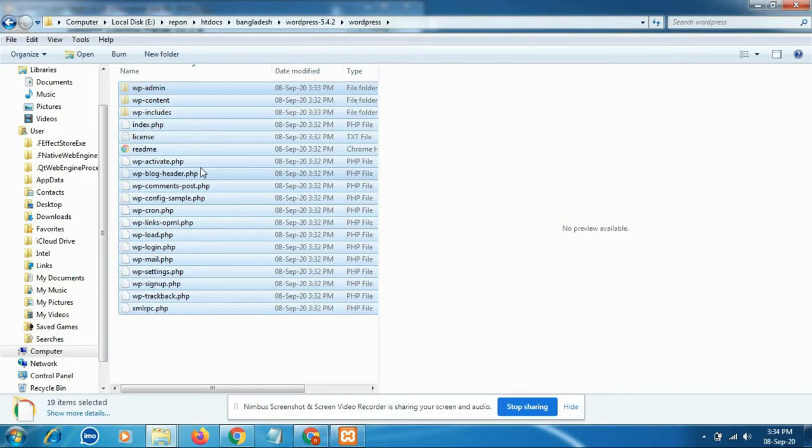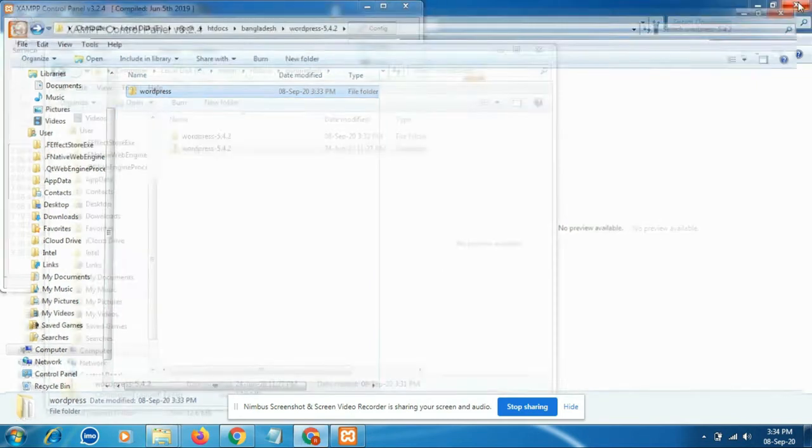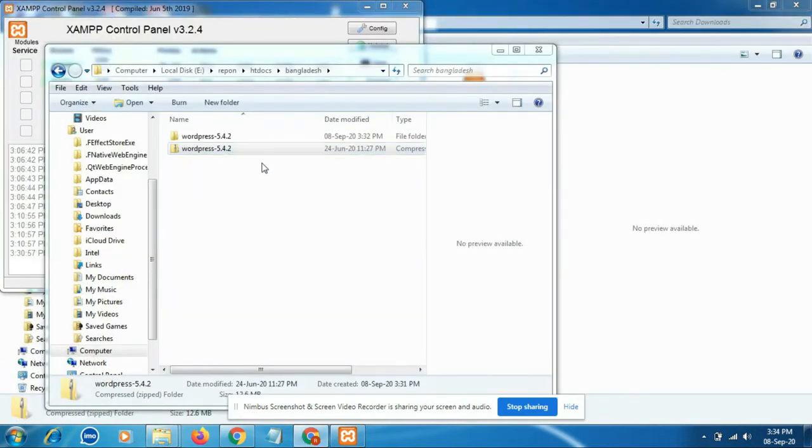Now copy all the files and cut them. Cut all files. Go to the WordPress folder. Our website name is our website name.